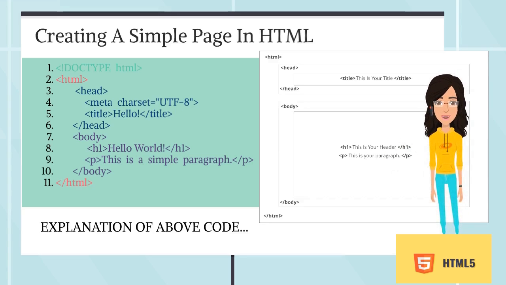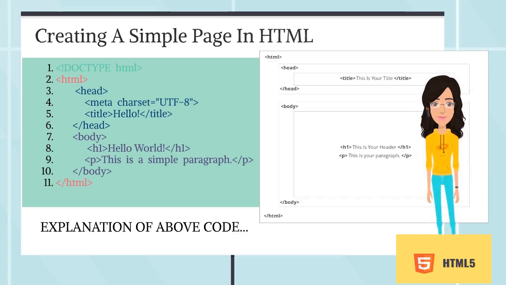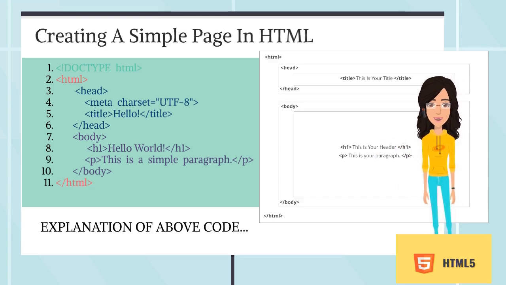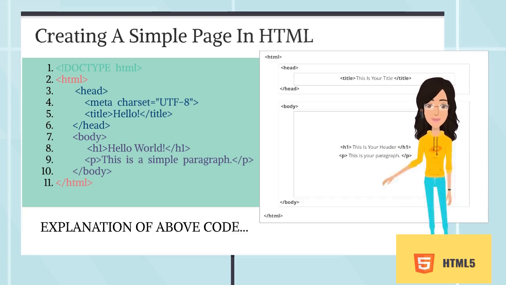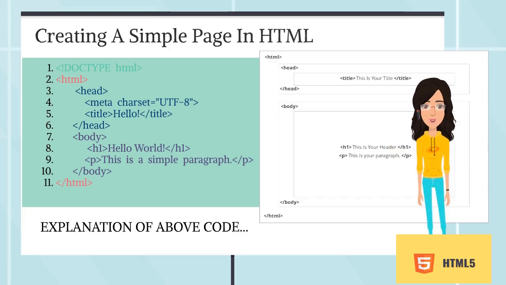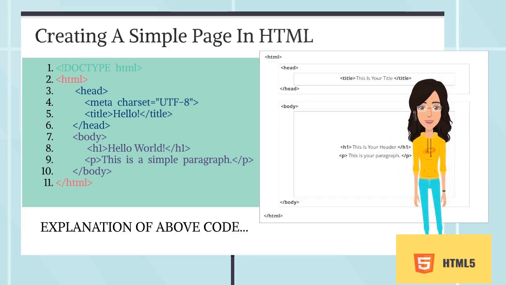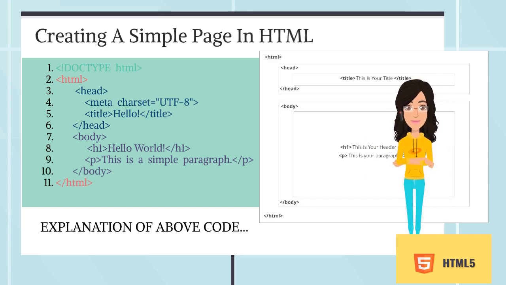And the title is used for the title of the page. Whatever title we choose for the page, we write it here, and the text written between these opening and closing tags will be displayed on the tab of the page or in the title bar of the browser. And the last is the body tag. The body tag is used to open the parts of the document displayed to the user. That is all the visible or audible content of a page. No content should be added after the closing tag.